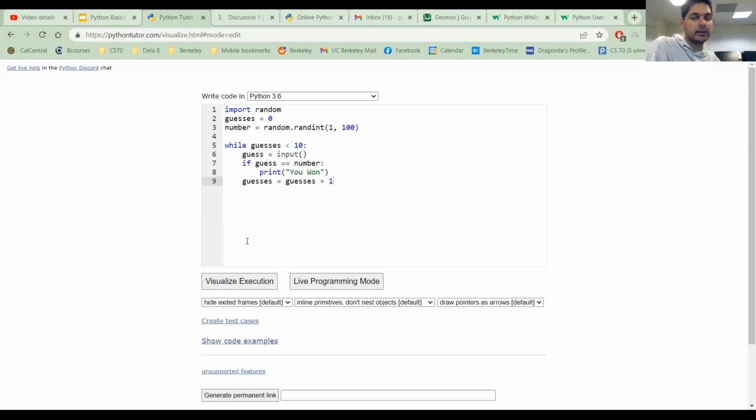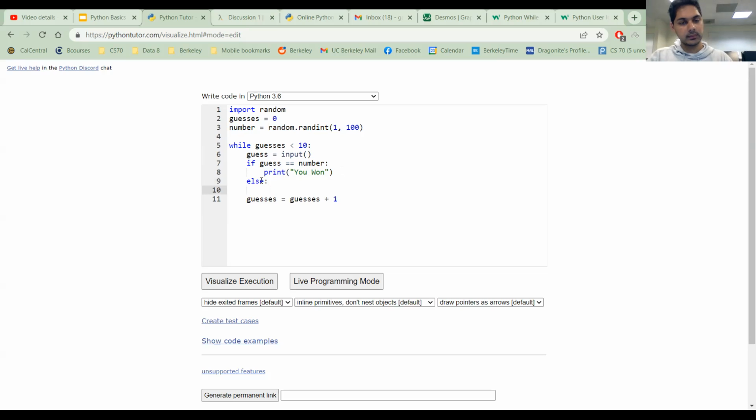But I think I have a good example of when you would want to use a while loop. In my Discord bot, I have a simple number guessing game, not that fancy. We're going to import random. We're going to set the number of guesses this user has made to 0, since we haven't made any guesses. Now the computer is going to generate a random number between 1 and 100, which is the answer to guess. And while guesses is less than 10,